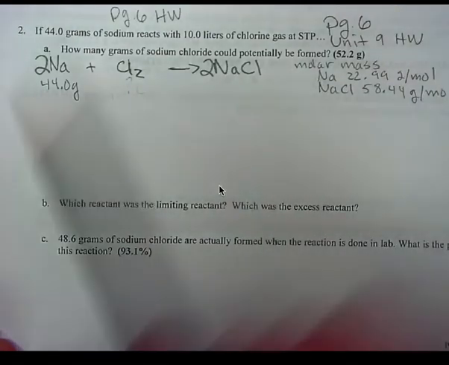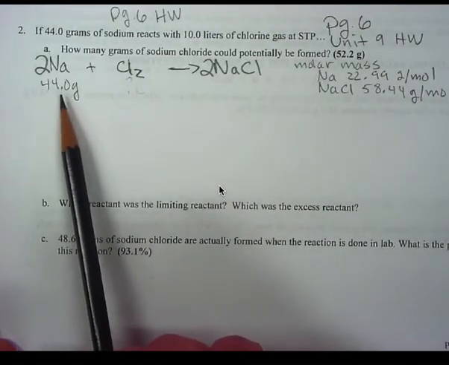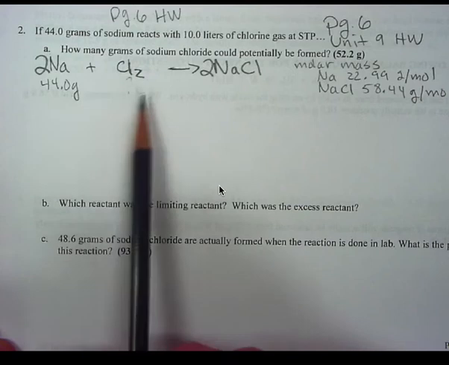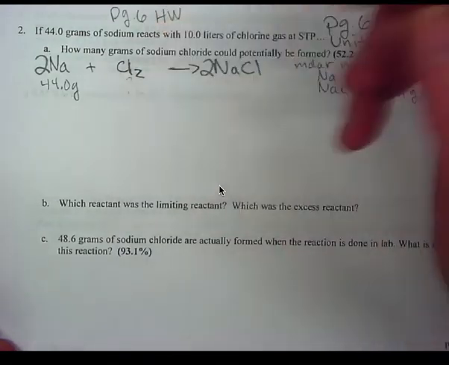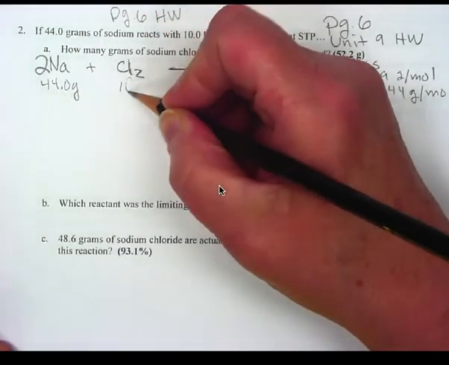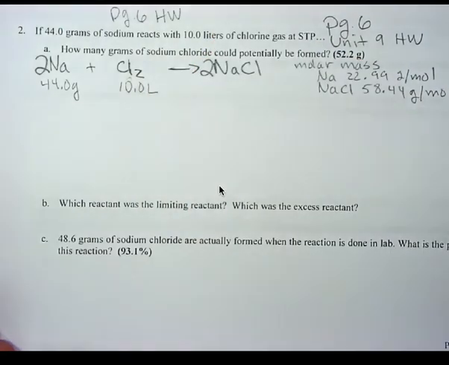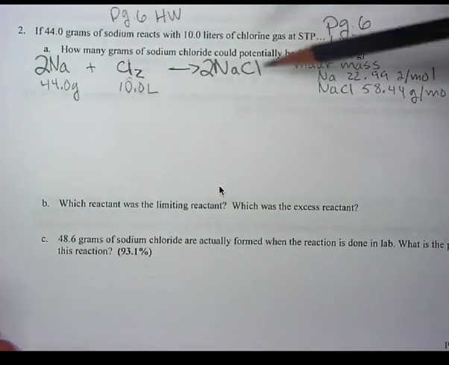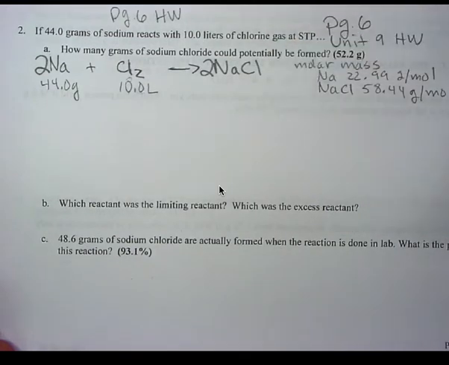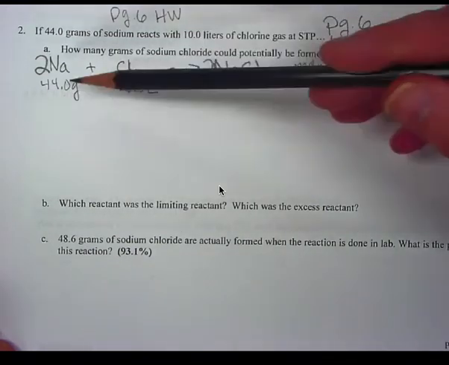And the question tells me that I have 44.0 grams of sodium and 10 liters of chlorine gas. And the question is asking what would be the amount of sodium chloride formed if I have these two amounts